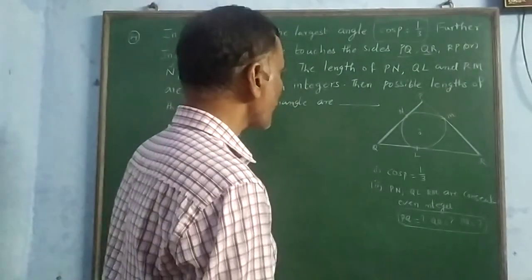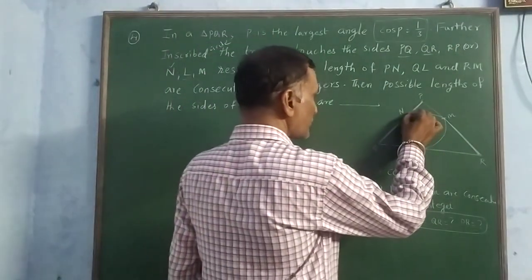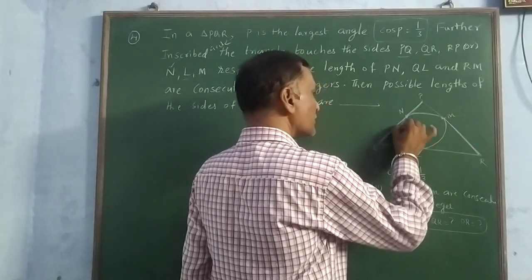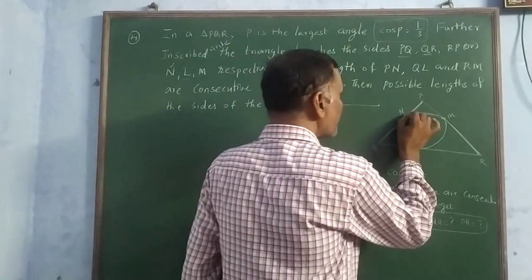These three sides. One thing here, this is your circle, and one rule you can see. This is the circle, now inscribe the circle. PN